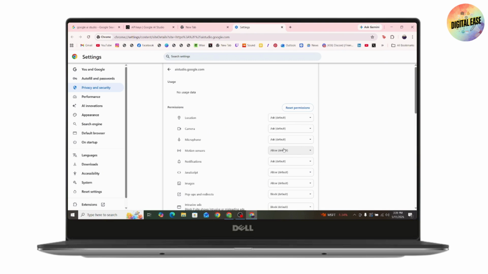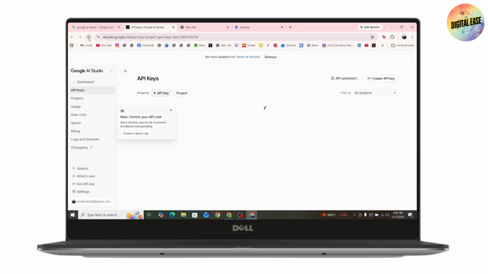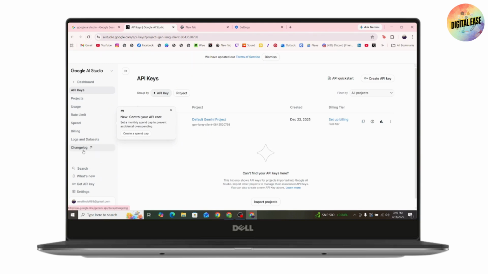Sometimes cookies cause bugs during the generation process. After that, you need to reset the settings or reset all of your permissions. After resetting, you need to reload your site, go back and reload right here. Hopefully, this will work. If it still doesn't work, then try changing the avatar because sometimes certain avatars do not